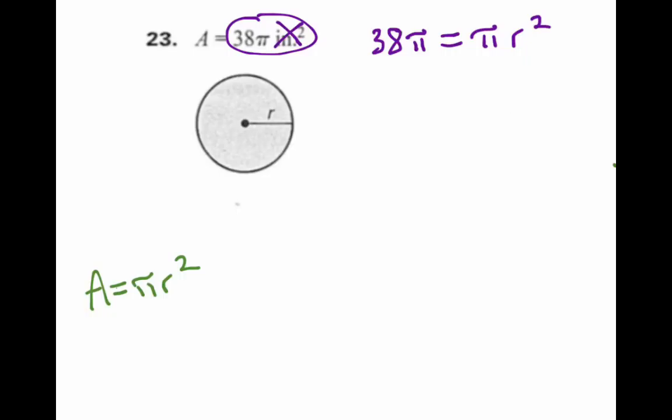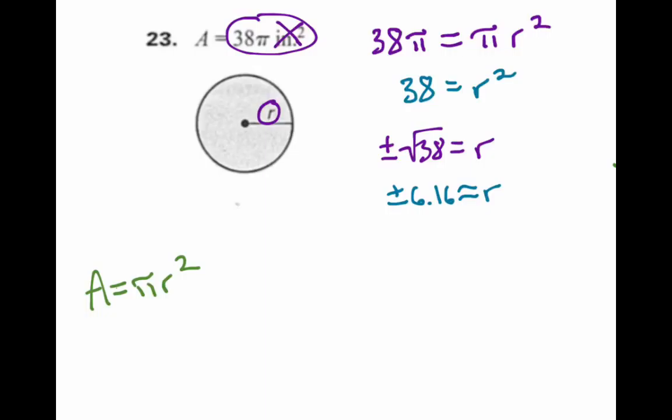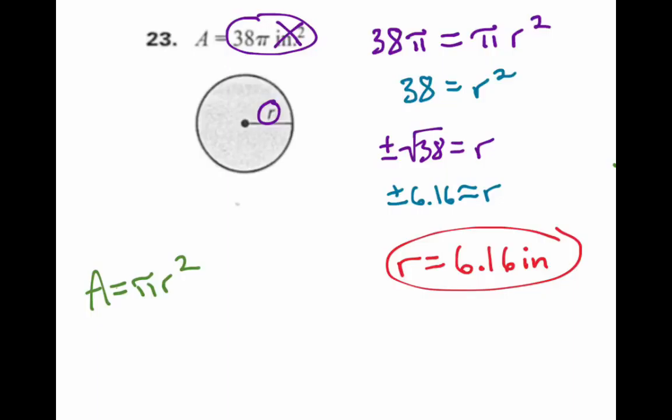Well, we're going to divide both sides by pi to end up with just 38 equals r squared. And then we're going to say the radius then must be plus or minus the square root of 38. And then we can pull out our calculator, and we'll find that that means that radius is approximately plus or minus 6.16. And then we have to think about it. Can we have a negative radius? Of course not. So the radius is equal to approximately 6.16